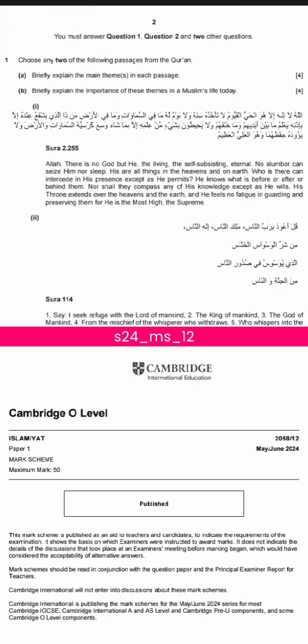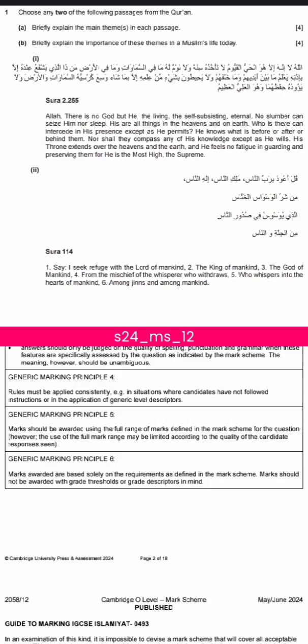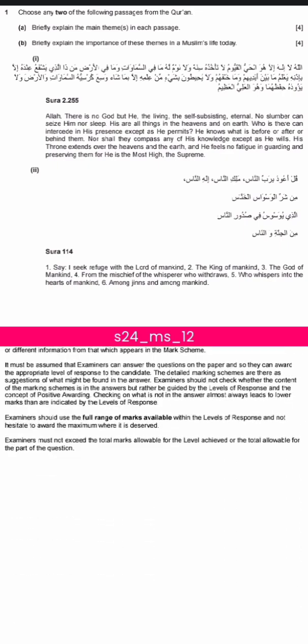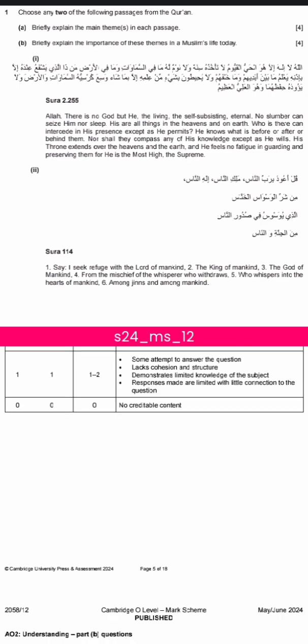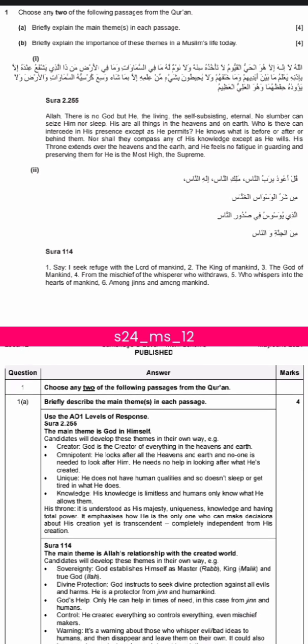First, the Quranic passages. You'd think that for every theme and for every importance that you write, you have to write 80 plus words. But what if I say that's not really necessary? For each Quranic passage, there are specific points that the examiner looks for in your answer. Like for Surah Baqarah, these are the 4 points that he looks for. If you cover these 4 points in less than 80 words, you have given a perfect answer, and the examiner can't deduct your marks.